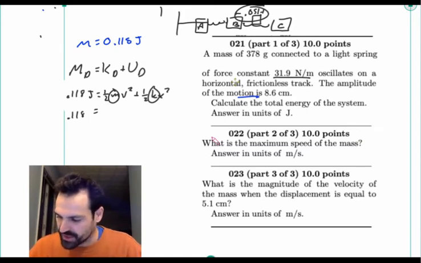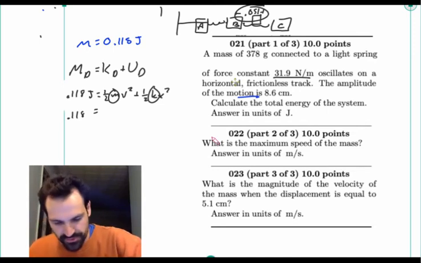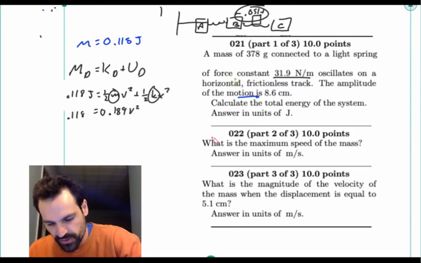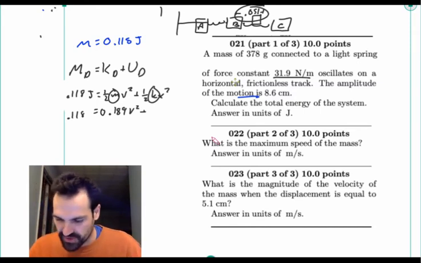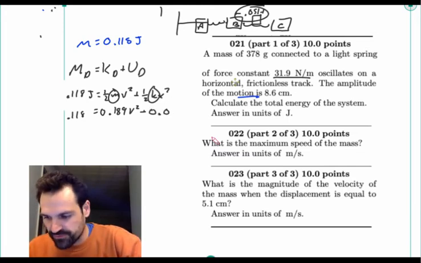Let's calculate the kinetic energy. 0.5 times 0.378 times the velocity. Oh, we're trying to find that. So we get 0.189 v squared plus 0.5 times 31.9 times 0.051 squared is 0.0415